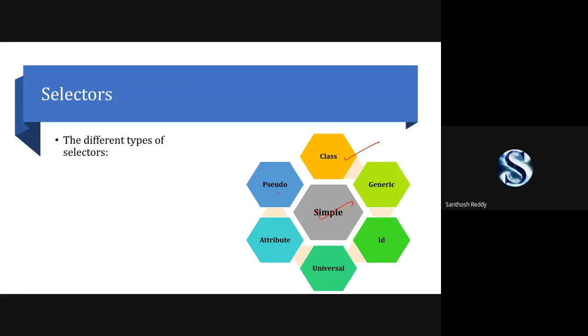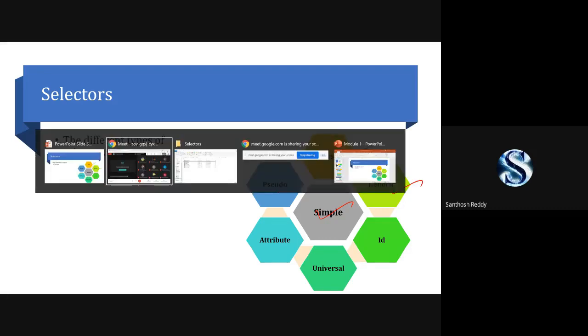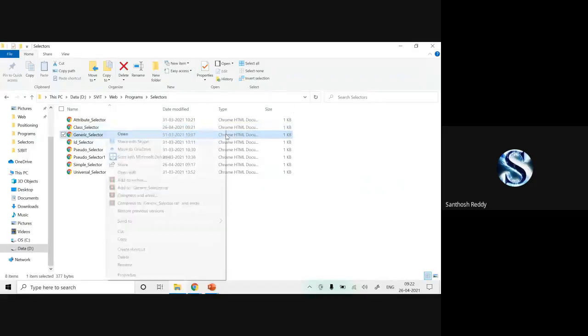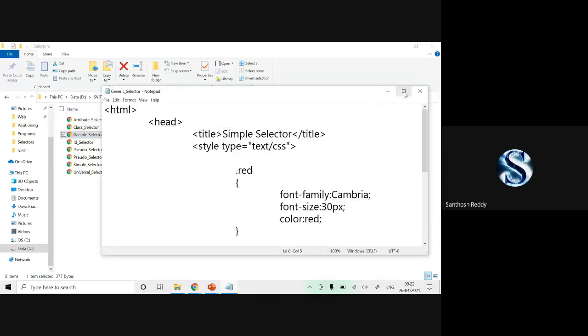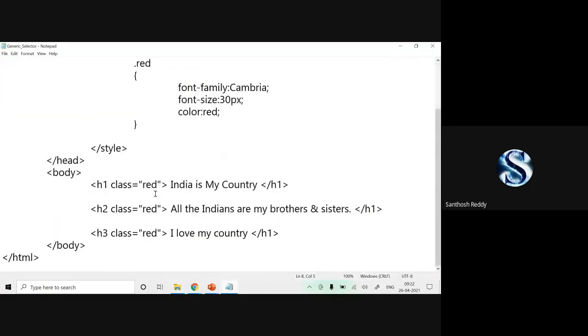Next, moving to the next topic, the ID selector, which is generic. What do you mean by generic? Generic is common.